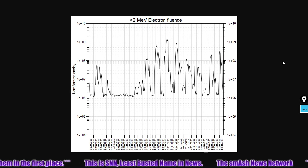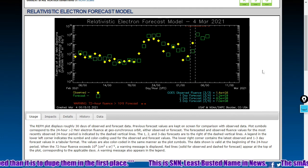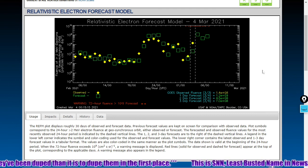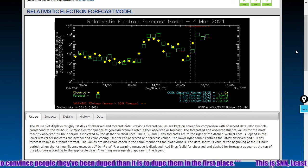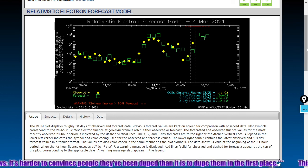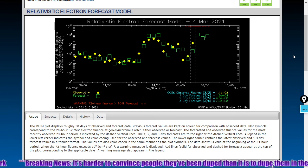It's the 1 year chart of the relativistic electron flux, and you can see wild swings here, and it's hurting the forecasting. Here's the forecasts, and you can see the yellow diamonds are the observations and the green squares are the forecast. I only forecast this one. I think I'm going to be able to get it right, folks. Not every time. So don't lose your you-know-what over the total electron content forecasts. In any case, NOAA is forecasting this to come up,